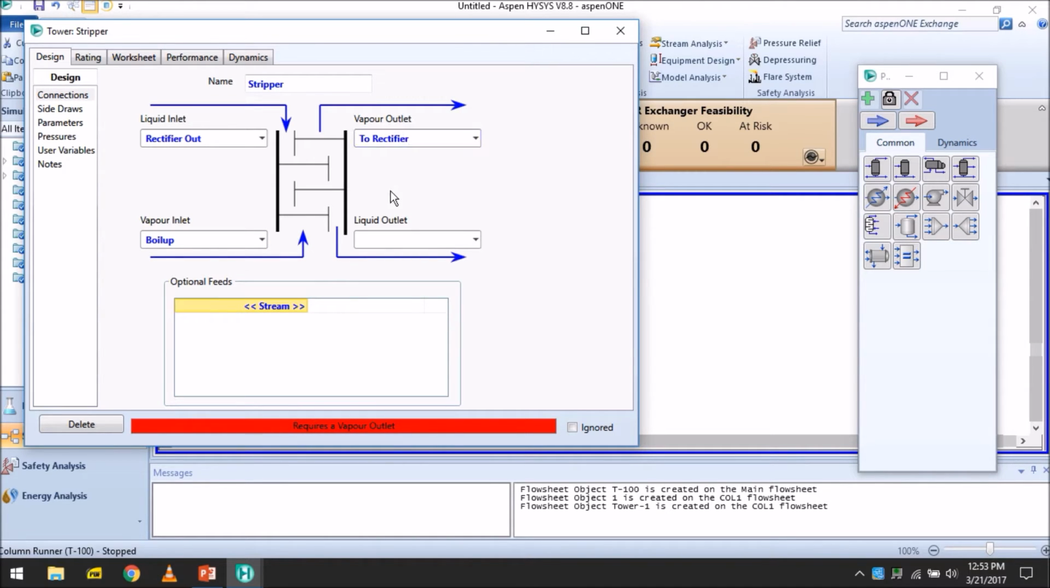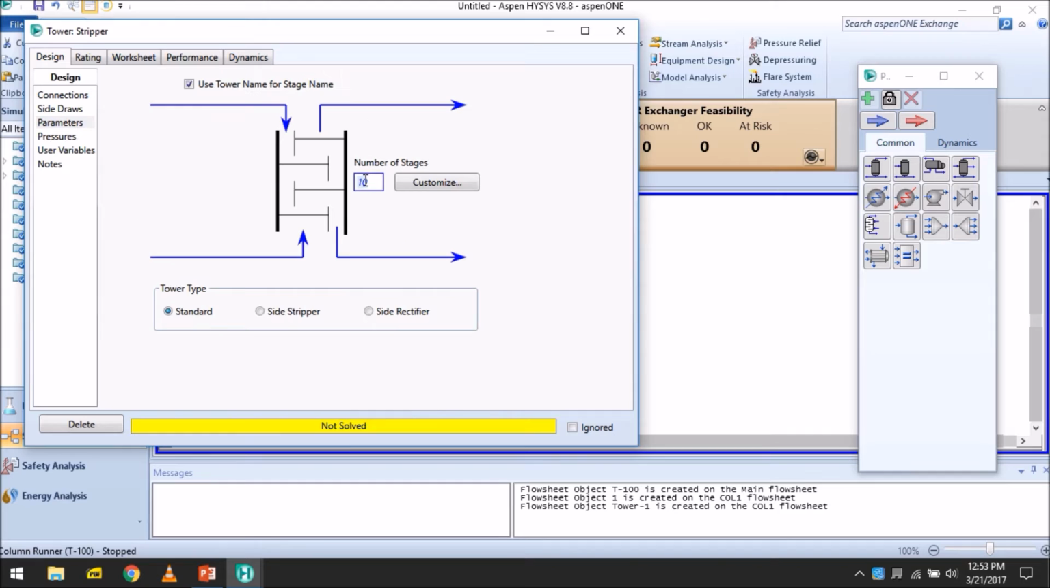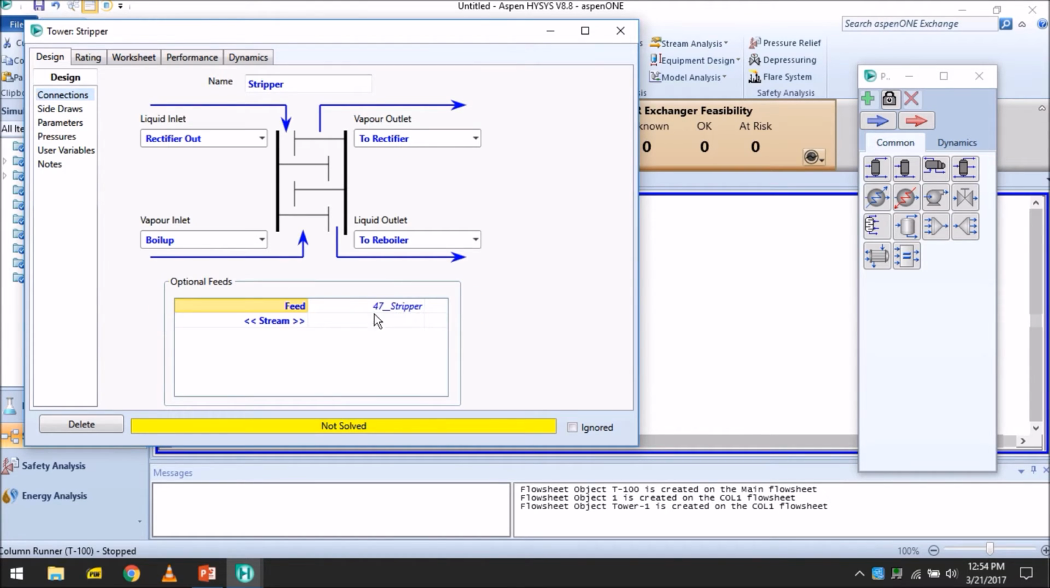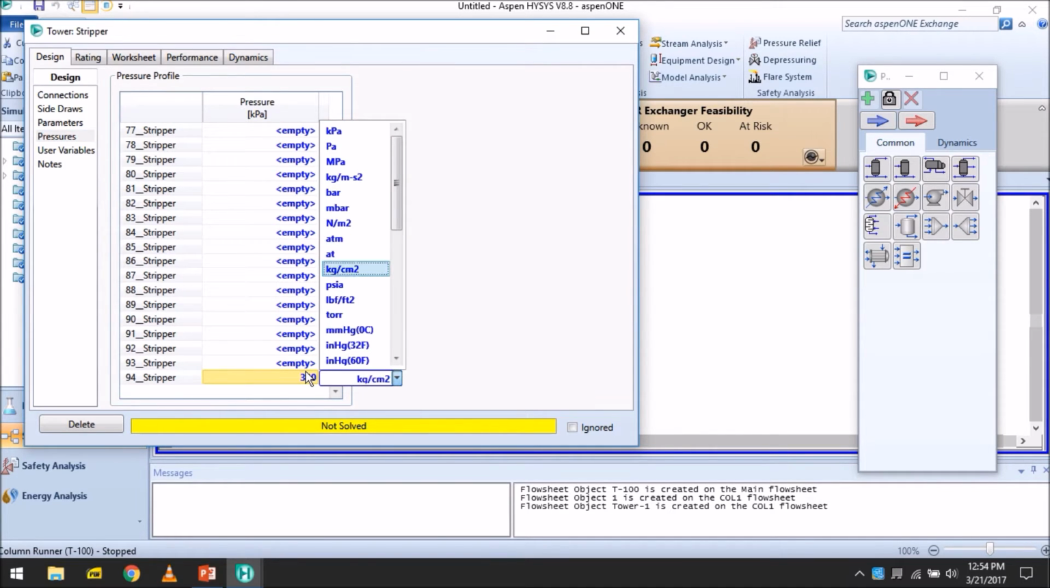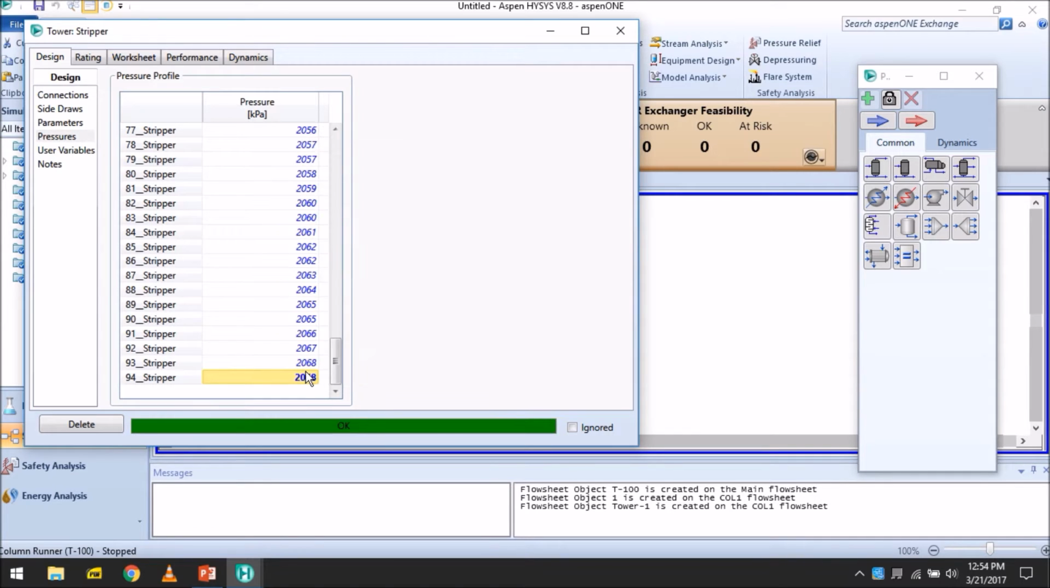We ought to provide names to our streams first. So this column has 94 ideal stages and a reboiler. You must make sure that you are within the column environment. Now you must provide the first stage pressure and the last stage pressure. This will define